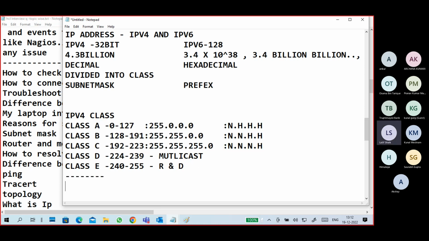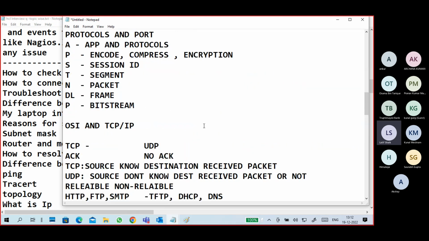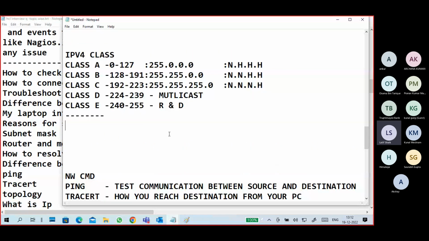Okay, so this is about IP address, OSI layer, topologies. First topology, ring topology, mesh topology, and star topology. While I'm explaining, I can draw, but while you are telling, you cannot draw, right?